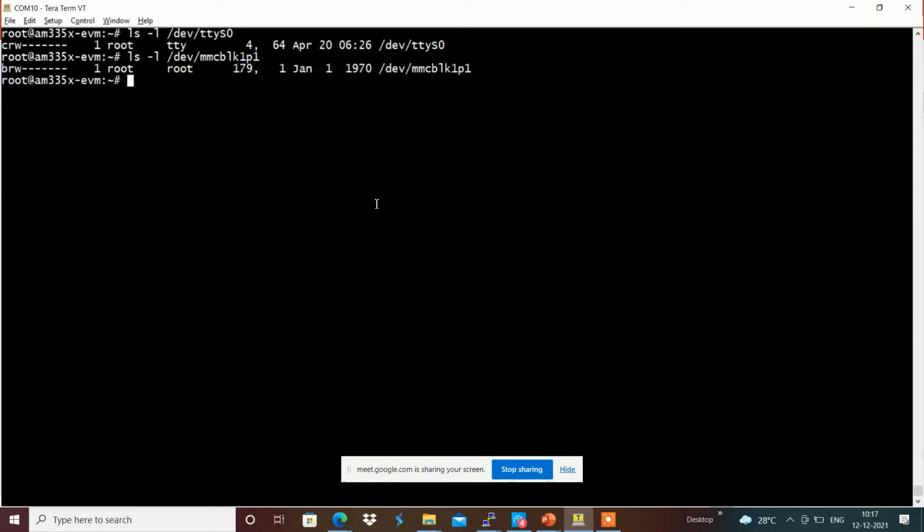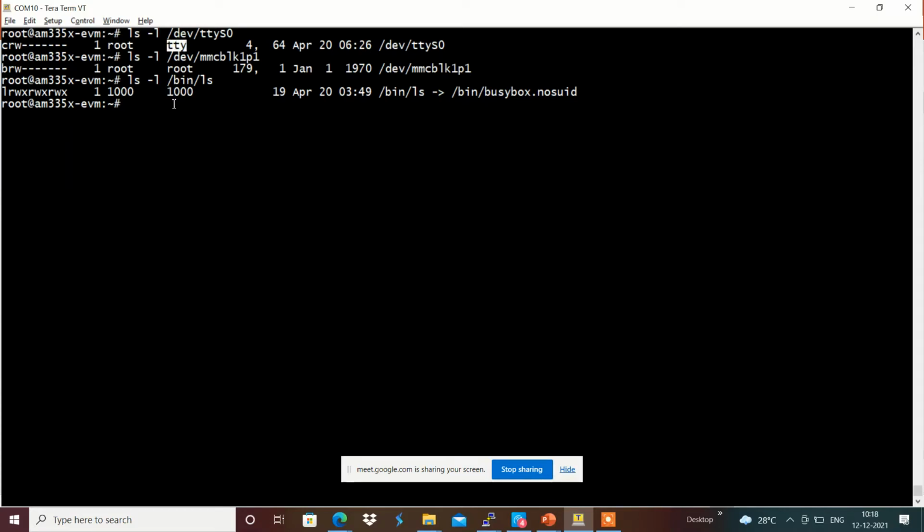Whenever we see device files, we can compare them with a normal file. I am going to check with ls -l on a file in /tmp or /bin, maybe ls. In this we will see information such as the user and group. For example, here it is root, and the group is tty.